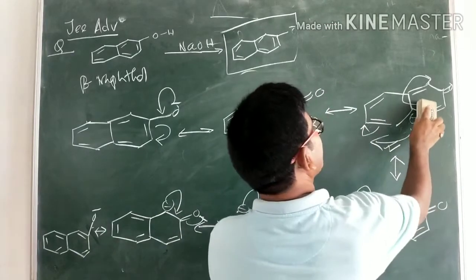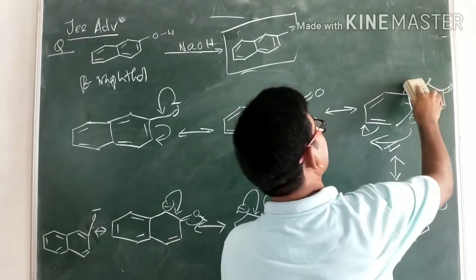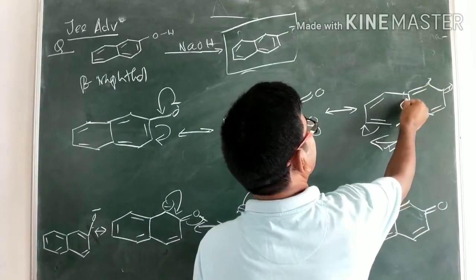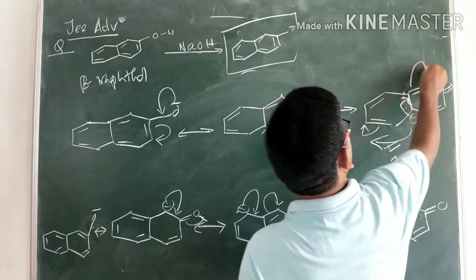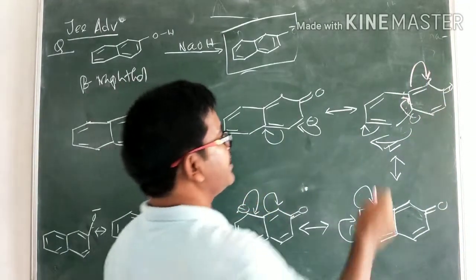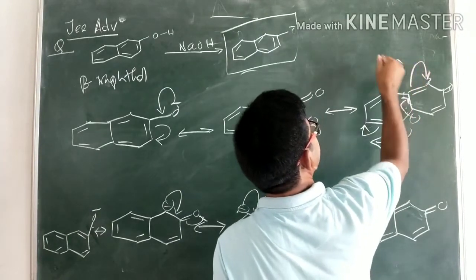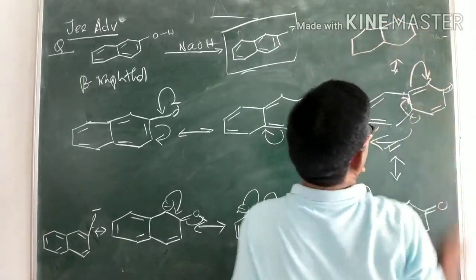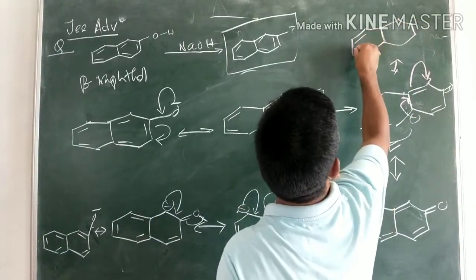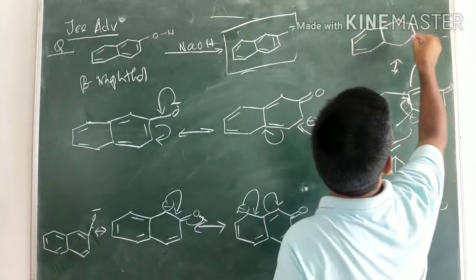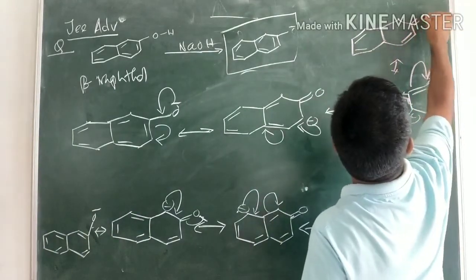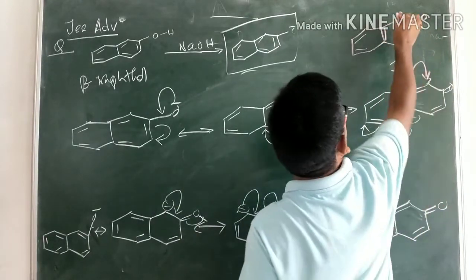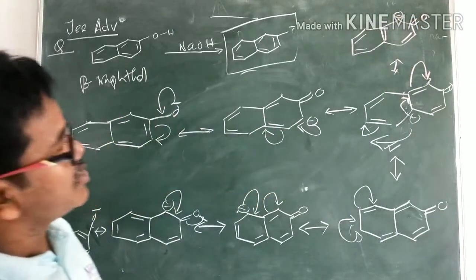It will be like that. Let me draw with a different color of pencil so that we can make a distinction. This negative will make it double bond, and this double bond will make it negative. Therefore, the next structure will be like this. Other bonds will remain as they are, no changes here, no changes here. Here, no changes. Here, no changes. This negative will make this bond double bond, and this double bond will make this carbon negative. We are getting one more structure.